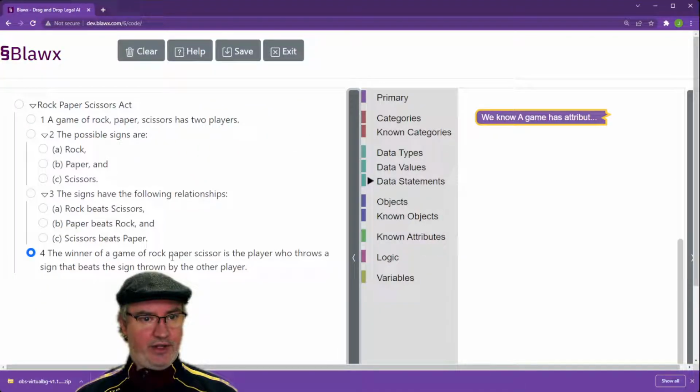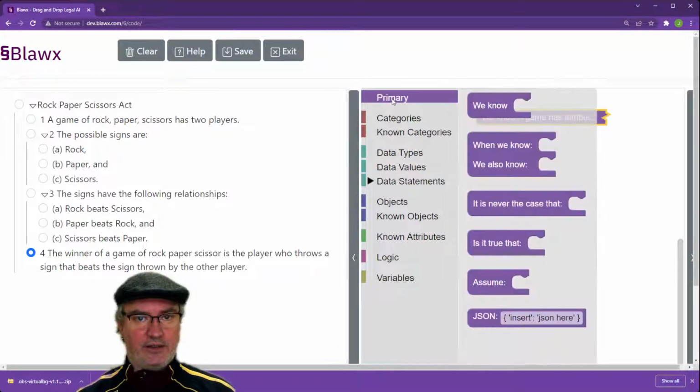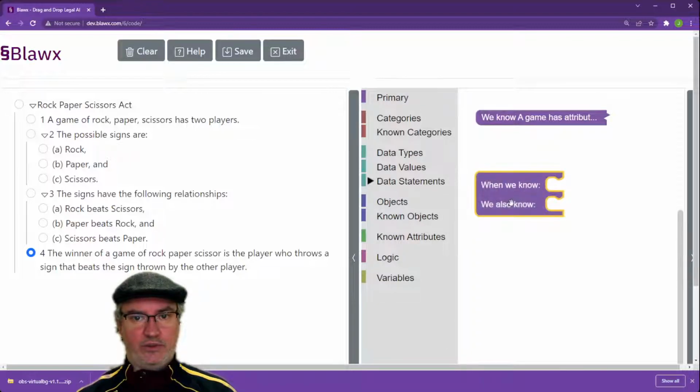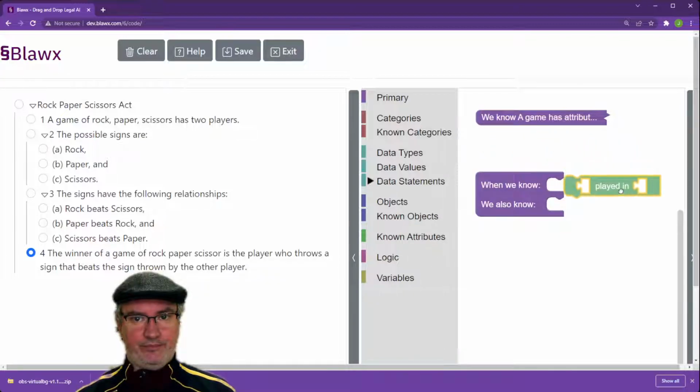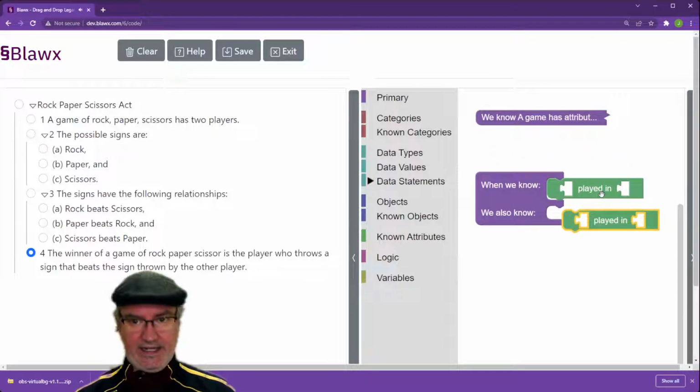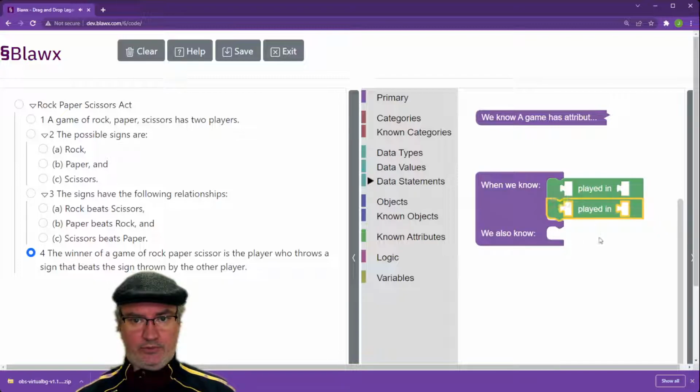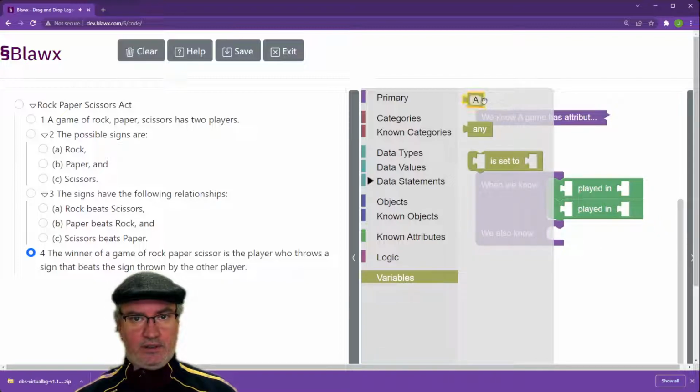And let's look at the other thing that we need to encode here, which is the rule. The winner is the player who throws a sign that beats the sign thrown by the other player. So how do we convert that into blocks? Well, this is a rule. So when we know some things, we also know another thing. When we know that there are 2 players in a game, so we're going to grab 2 of these played in blocks, put those up there, and we're going to say